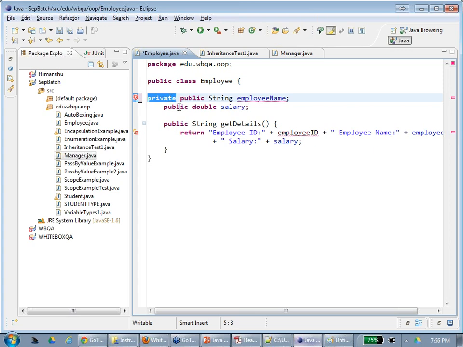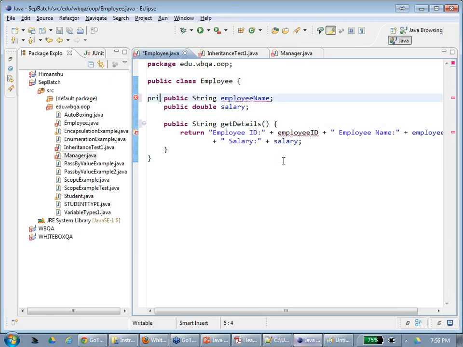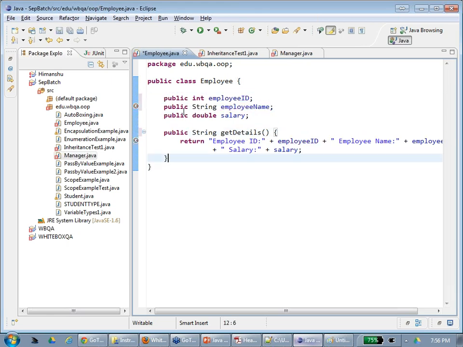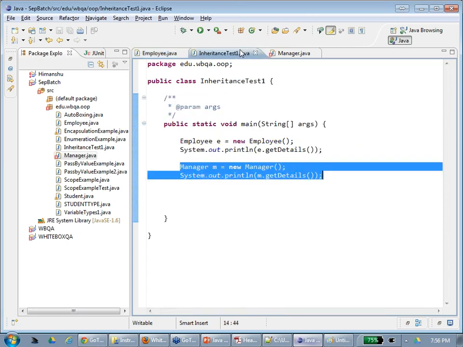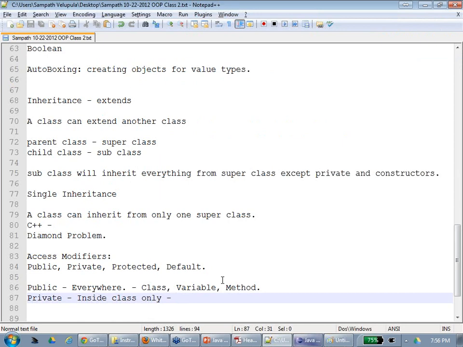No outsider can see it. Not even the child. Private is private. Right? Private is private. So not even